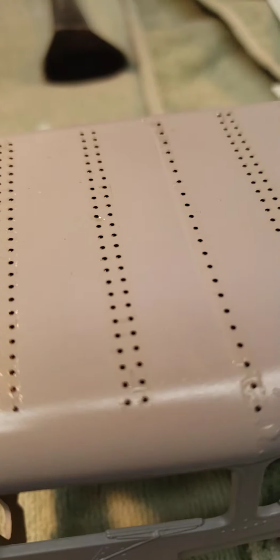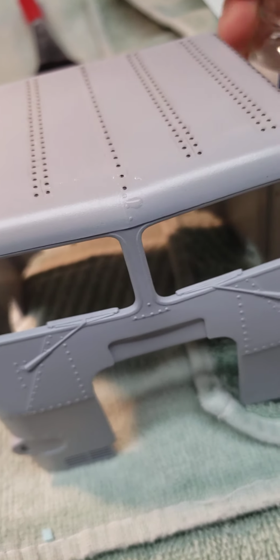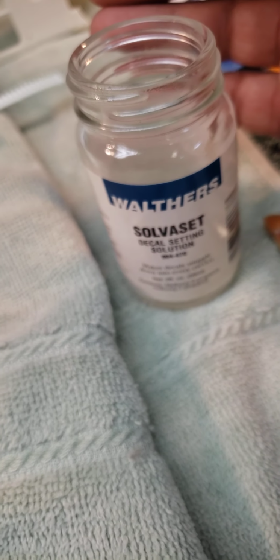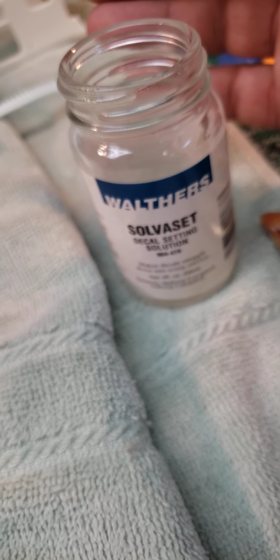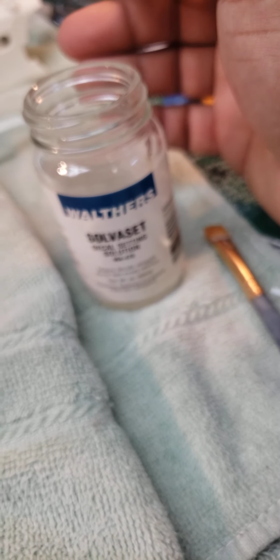Softening the decals, no, this stuff will melt the decals onto your surface. And this stuff works great for, let's say, Champ decals, which were notorious for being real thick and not settling down on your models, but also real ancient, so they would fall apart. This stuff's actually pretty good. If you're going to use them on micro scale type decals or on any type of, let's say, armor decals,